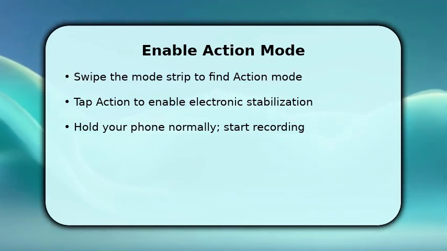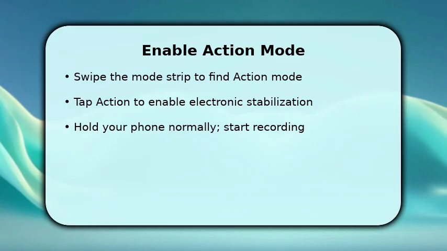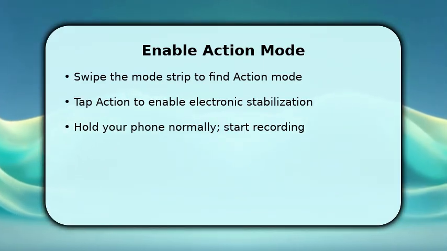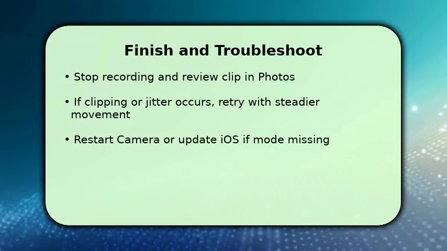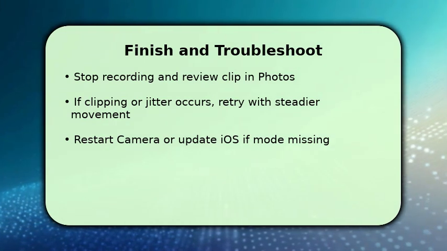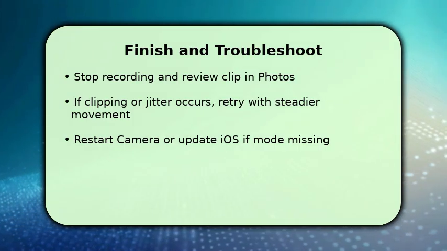While recording, move with the subject smoothly. Action mode works best when you avoid sudden jerks to allow the software to compensate. You finish by stopping the recording and immediately review the clip in photos to confirm stabilization results. If you notice clipping or residual jitter, try again with steadier, more consistent movement because action mode algorithms expect smooth